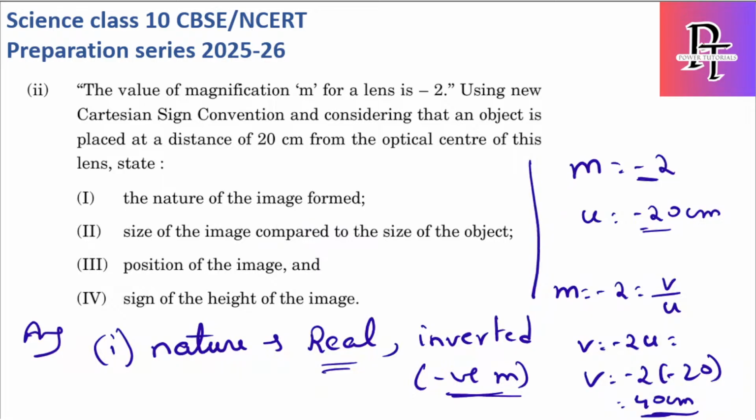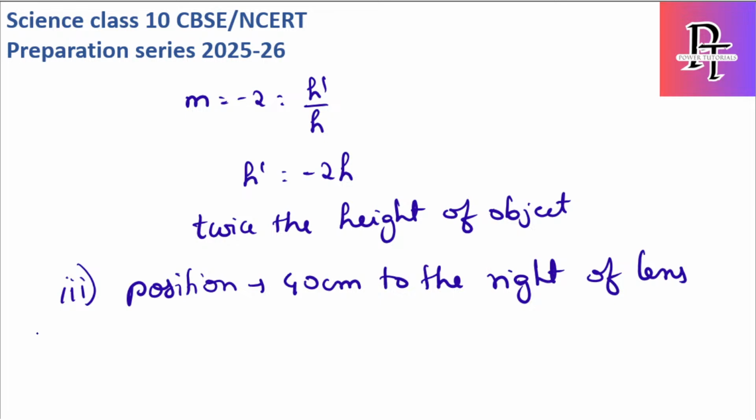यूजिंग मैग्निफिकेशन हमने कर दिया, फोकल लेंथ का भी जरूरी नहीं है, क्योंकि मैग्निफिकेशन दिया है। तो -2 इज इक्वल टू v बाई u, v इज इक्वल टू -2 इंटू u वैल्यू -20, विच इज 40. सो पोजिशन इज 40 सेंटीमीटर्स बिहाइंड द मिरर। नेक्स्ट, साइज ऑफ द हाइट ऑफ इमेज। सो हमको h डैश पूछ रहे हैं, तो इसके लिए हमको मैग्निफिकेशन के दो फॉर्मूलाज का इस्तेमाल करना पड़ेगा। वो h डैश बाई h इज इक्वल टू v बाई u।